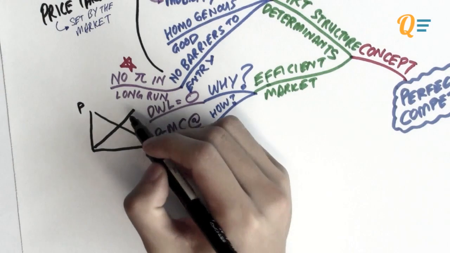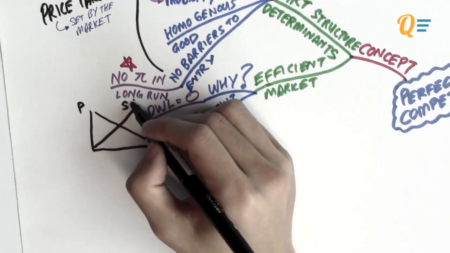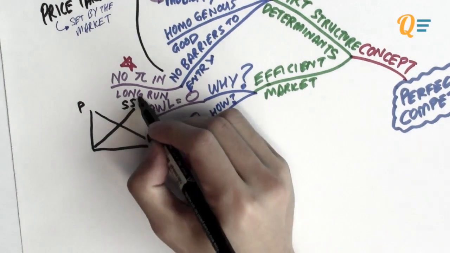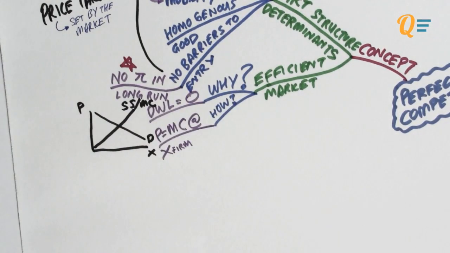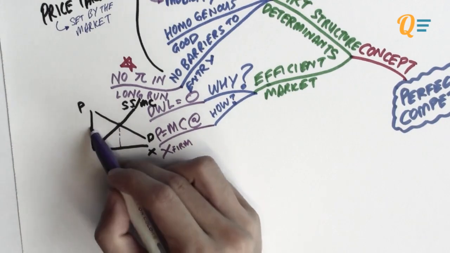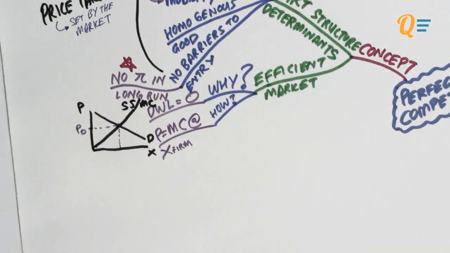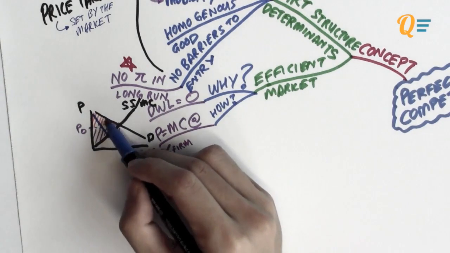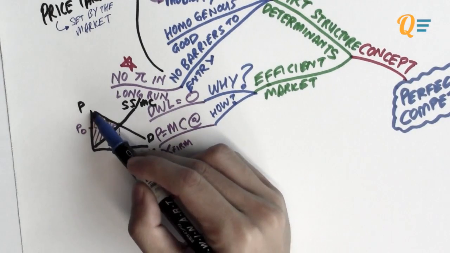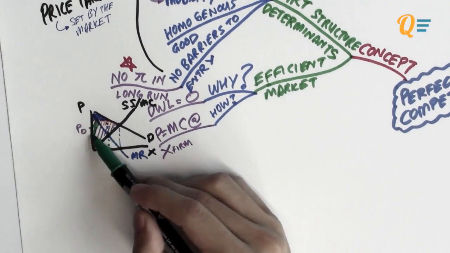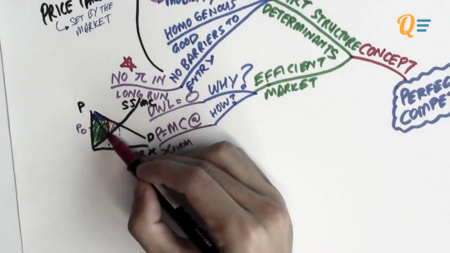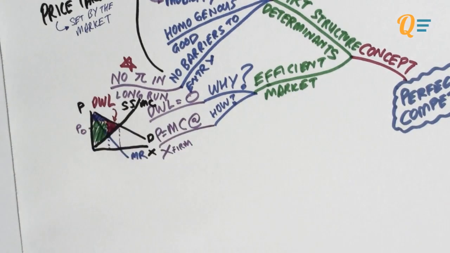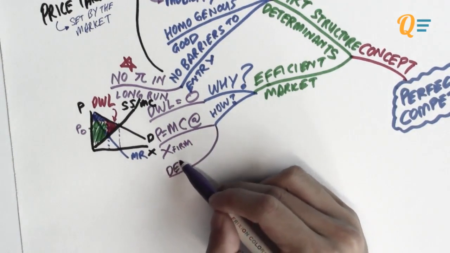Let me show you why this is the case using a simple demand and supply curve. The supply curve, as we have learned in the monopolist video, is also the marginal cost of a firm, right? So if demand equals supply, the price of good X should be P naught. That is the consumer surplus, and this is the producer surplus. As you can see, there's no deadweight loss, but in the case of a monopoly, the price is not equal to the MC. The price is actually higher than the marginal cost at the quantity that the monopolist is producing. And that is why you have an area of deadweight loss in the monopolist market, and you don't have a deadweight loss in the perfect competition market.